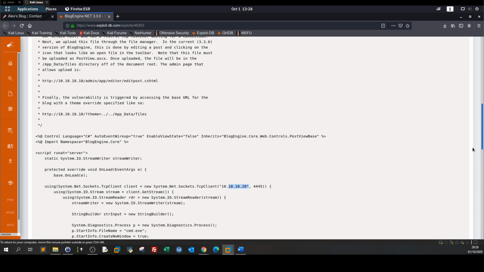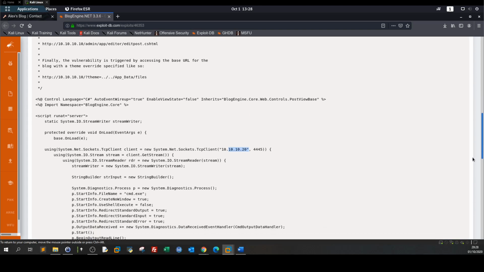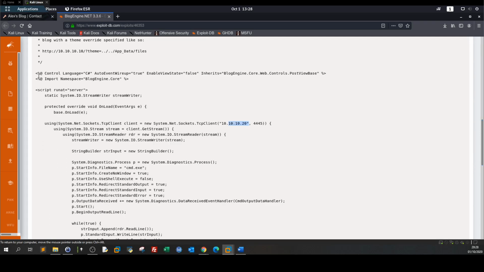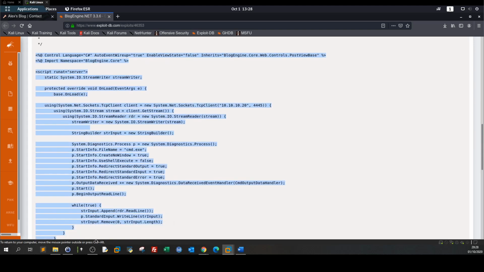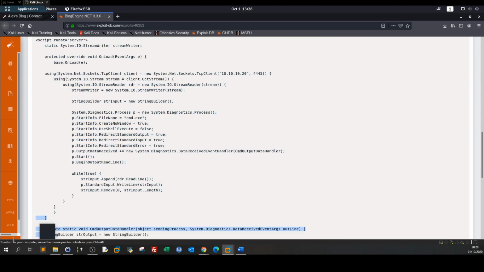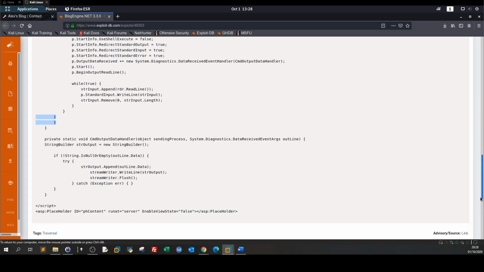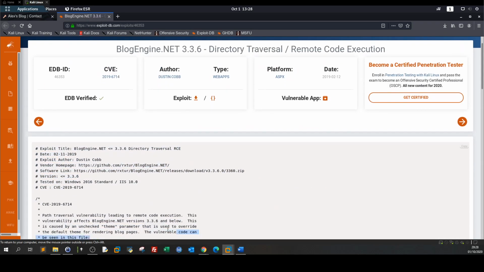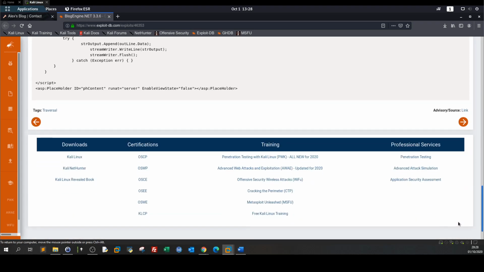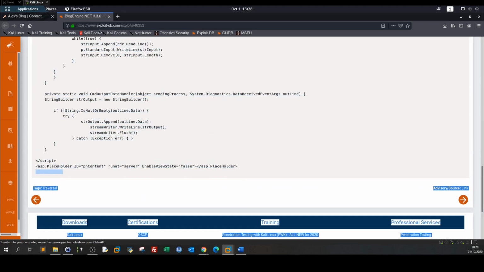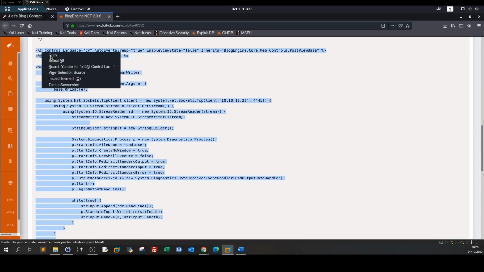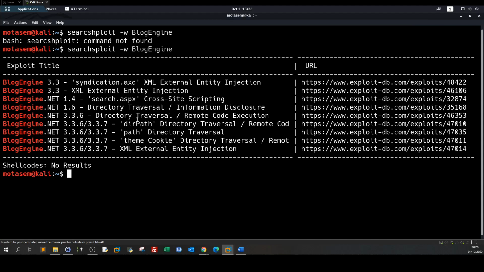Okay, so where do we start? So I guess the exploit starts. Oh, this is very confusing. Okay, so it starts from here all the way down. We scroll down. Let's do that again. All right. Okay, this one. Let's copy that, and let's now